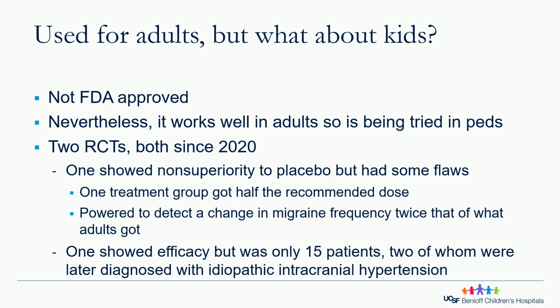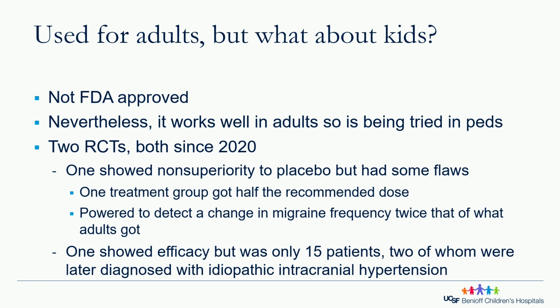There have been 2 randomized controlled trials for migraine in pediatrics, both of them since 2020. So this is very clearly still very new. They've gotten different results. One showed that the botulinum toxin was not superior to placebo, and the other showed that it was. Now, both studies had some issues. The non-superiority one